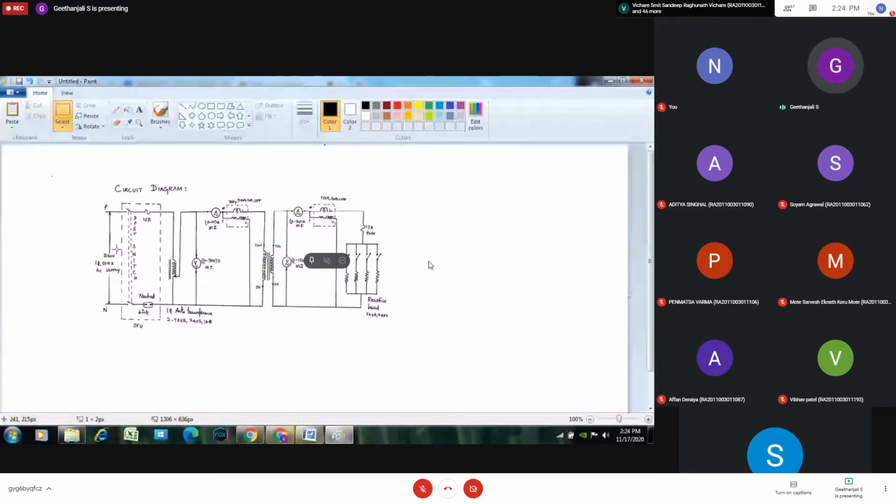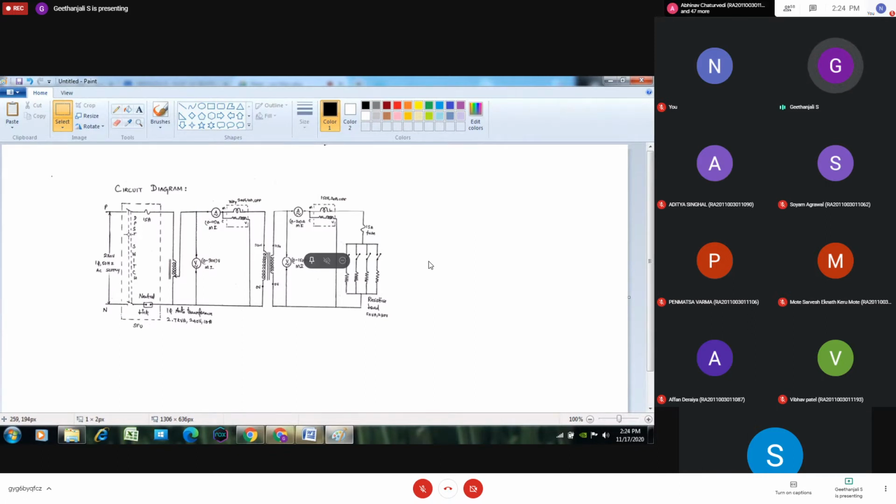A three-phase transformer is also there, but this is a single-phase transformer. For the single phase transformer, the primary voltage is 230 volts and the secondary voltage is 115 volts. Since the secondary voltage is less than the primary voltage, it is called a step down transformer. If the secondary voltage is greater than the primary voltage, it is called a step up transformer. From the given data we can tell that this comes under the step down transformer.